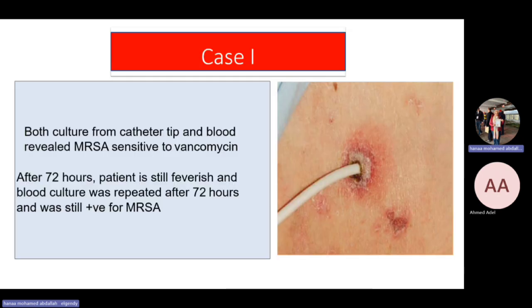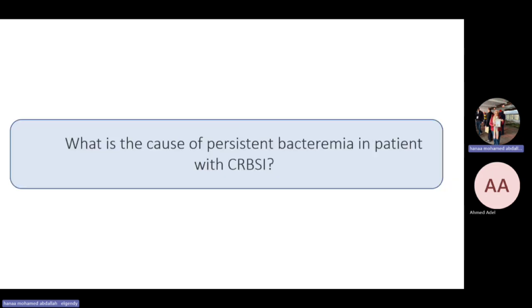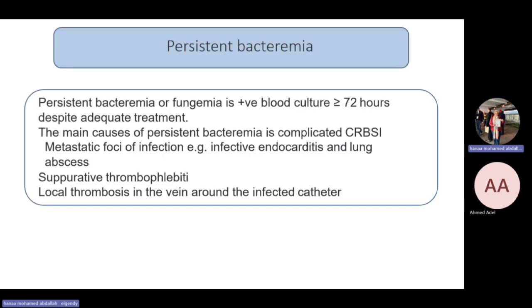So case number one, blood culture and culture from the catheter tip and blood revealed MRSA sensitive to vancomycin. But after 72 hours, the patient is still feverish, blood culture was repeated after 72 hours, and is still positive for MRSA. For those patients, what are the causes of persistent bacteremia? There is infection elsewhere. Persistent bacteremia or fungemia more than 72 hours despite adequate treatment. The persistent